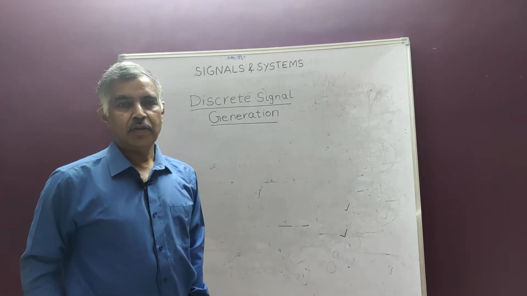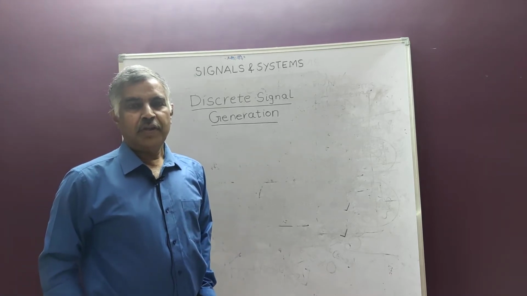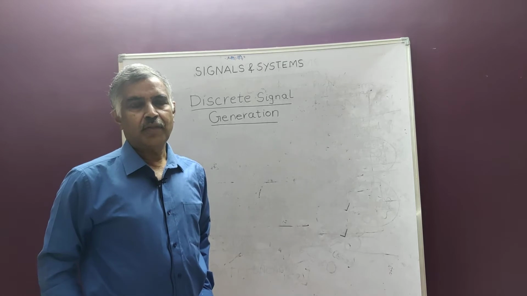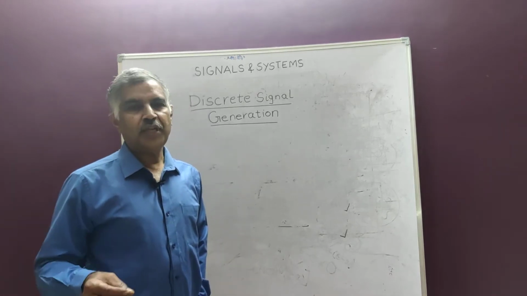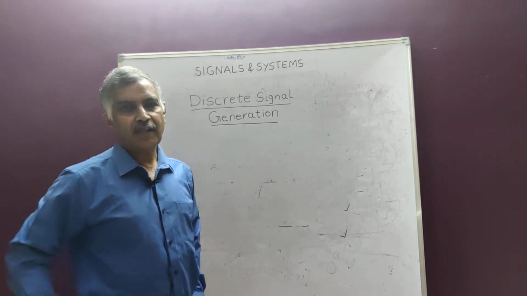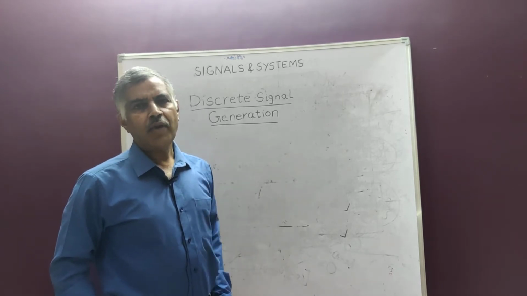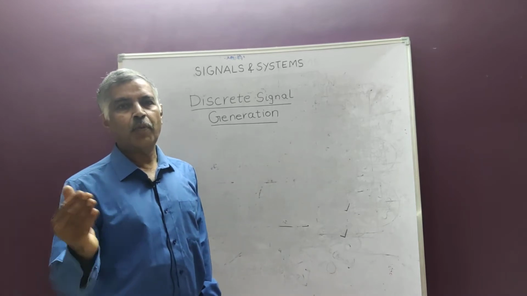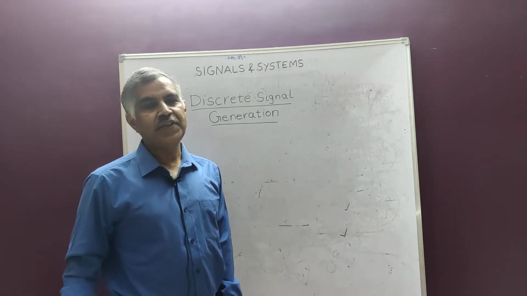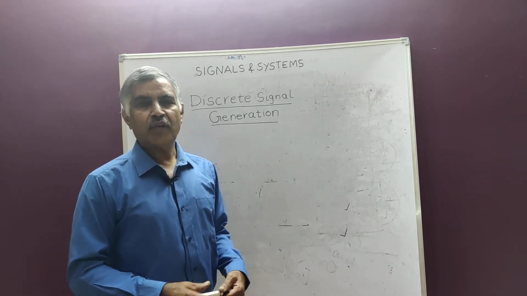And if you remember, in yesterday's class, I showed how discrete signals are generated using continuous time signals using what is known as sampling. So, to produce any discrete signal, first we require what is known as a continuous time signal. Then, on employing a switch which is successively closed and opened, using this switching we can generate a discrete signal. Now today I will give two more examples.